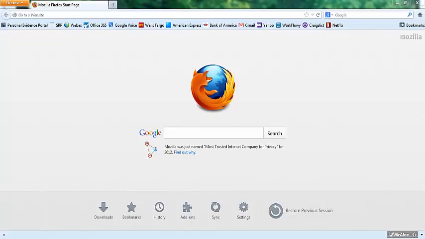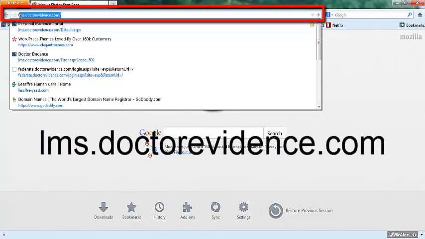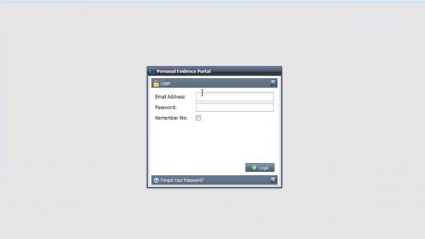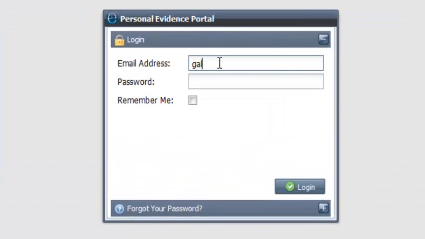First thing to do is to open your web browser. In this case, I'm using Firefox. Then go to your search bar and type in lms.doctorevidence.com and press enter. Now log in with your email address